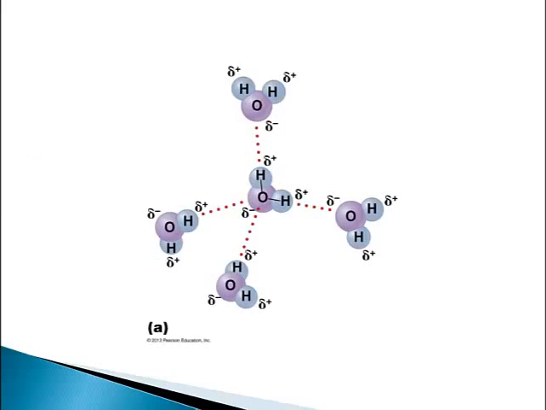So if we're going to talk about things dissolving in water, it is first very important to reiterate that water is made up of very polar covalent bonds. There's a strong difference between the electronegativity of the oxygen and the hydrogens, which means the electrons spend a lot more time around the oxygen than the hydrogens, creating a partial negative charge at the oxygen and partially positive charges on the hydrogens. This allows hydrogen bonds to form between the individual water molecules or between water molecules and other